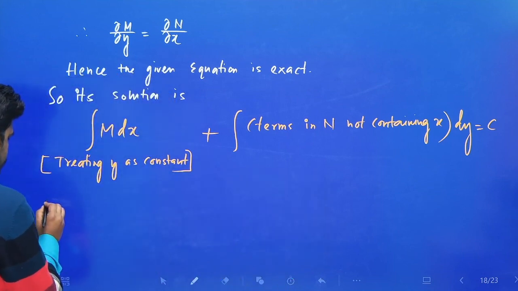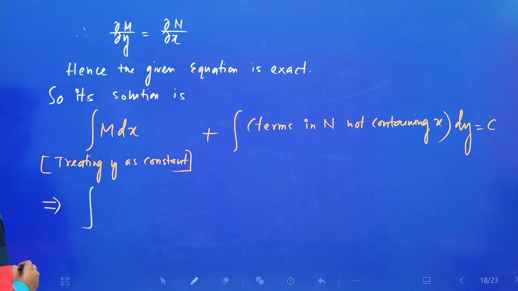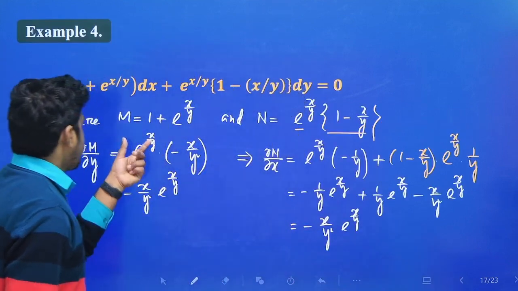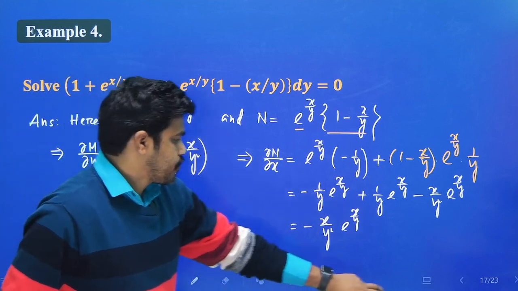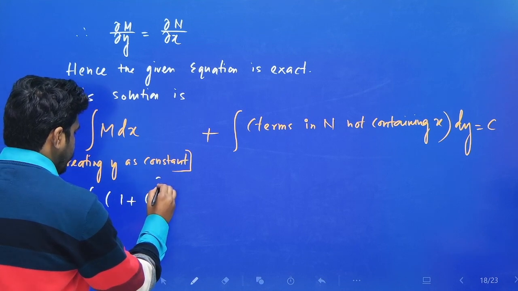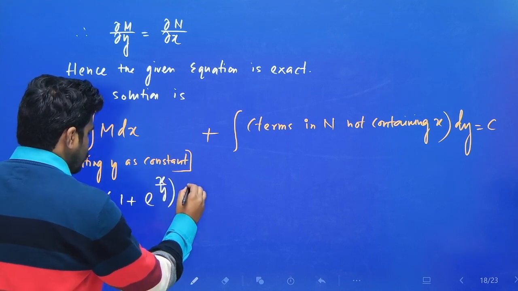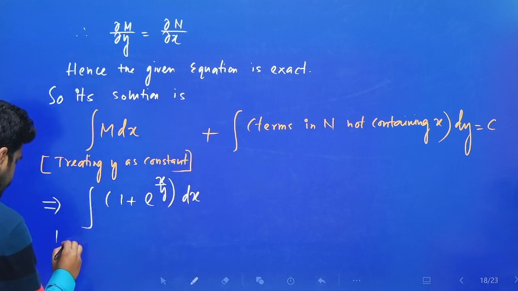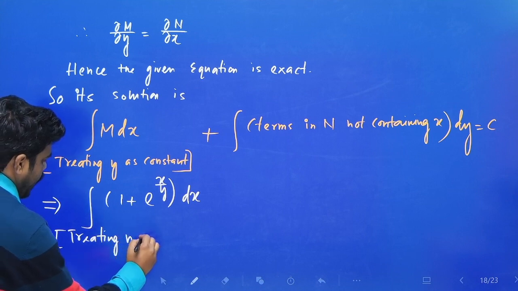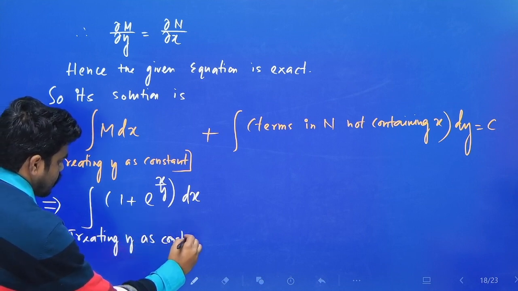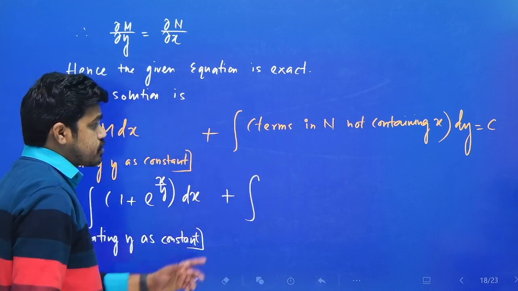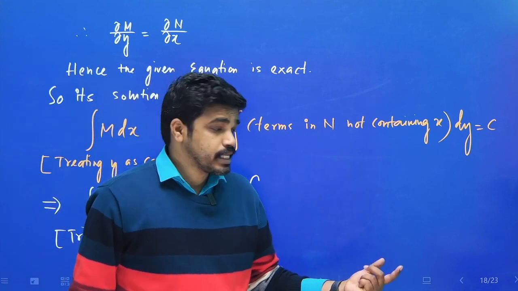So integration M dx treating y as constant. So what is M? M is 1 plus e to the power x by y. 1 plus e to the power x by y into dx, treating y as constant, plus integration of terms in N not containing x,